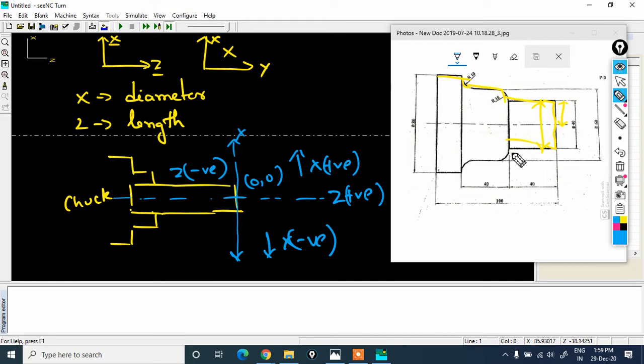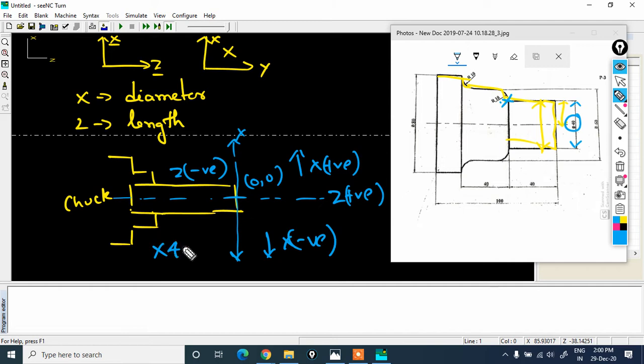For example, I want to define this particular coordinate. Any coordinate will have two values. You need to define X, the complete diameter, which you can see here is 40.